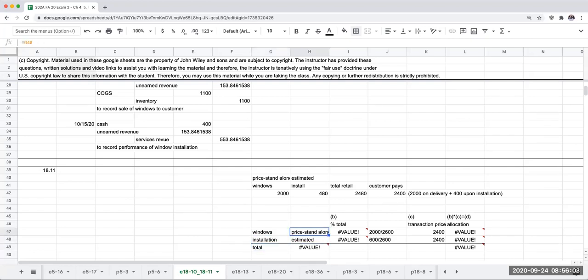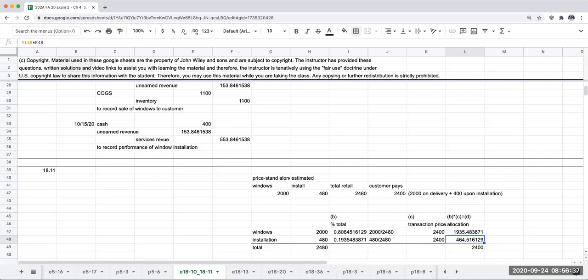Okay. So over here for my windows, this is going to be 2,000. This here will be 480. So this is now going to be 2,000 divided by 2,480, and 480 divided by 2,480. Okay, so when you all saw me doing the significant over/under applied overhead from chapter 15 in managerial accounting, I think you now appreciate that we learned this. Okay, so here's my new allocation. So